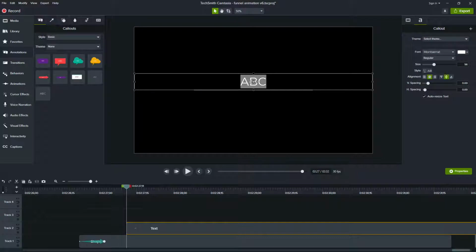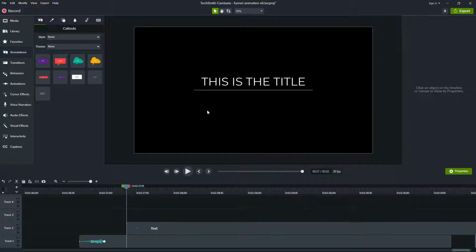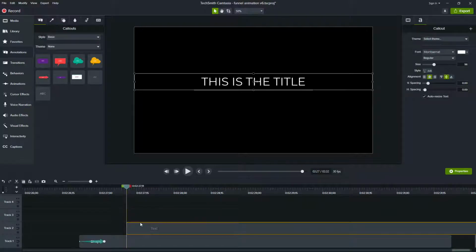And whatever the title may be, this is the title. There we go. Okay, that looks pretty good. So again, I'm starting with my end state in mind. This is where I want it to end. Now down at the bottom, what I need to do is make that appear from the bottom and then come